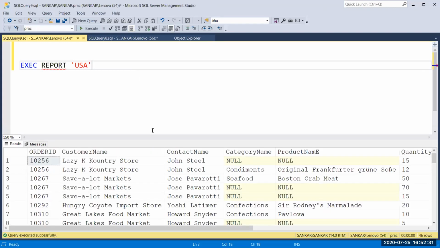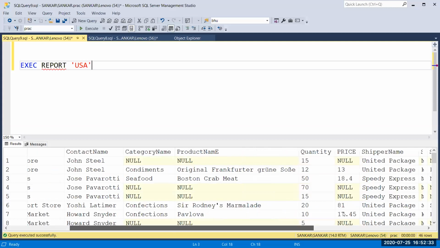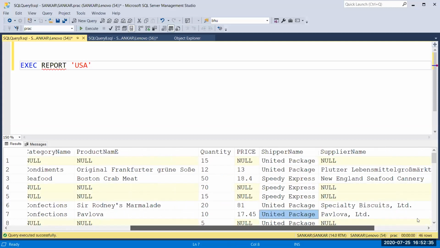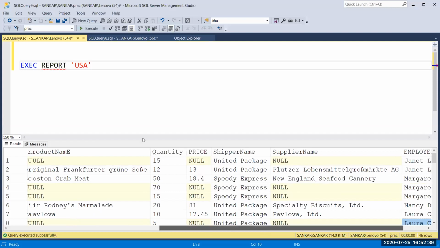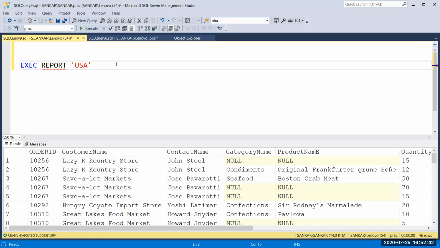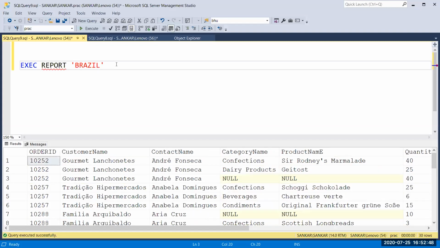Now we get the details for USA. Then I'm going to change it to Brazil. These are the data for Brazil customers.